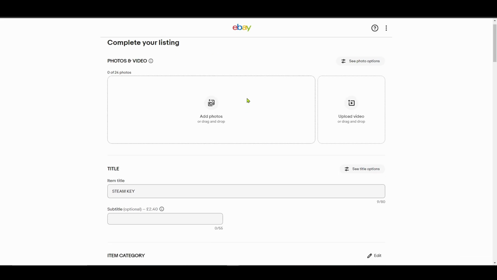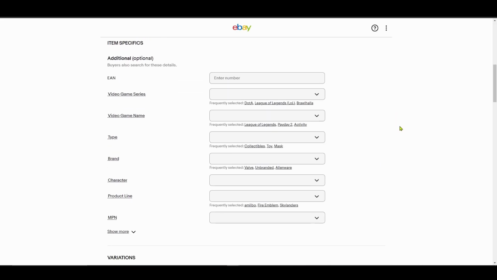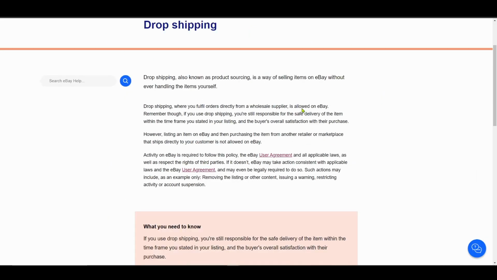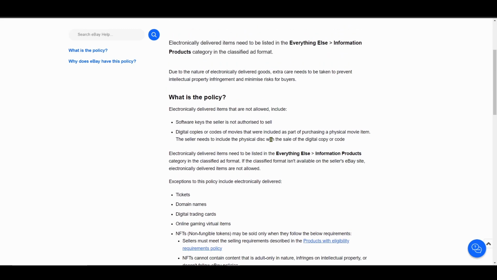So that's how I would do a Steam key. Like I said, I don't do it anymore, and I probably wouldn't. This would be the least likely of all the things that I would do, just because everything I've just described to you is basically violating the dropshipping policy, unless you become a limited company and find a way to sell things. So yeah, I wouldn't advise it, but that's how I would do it, because people keep asking me.